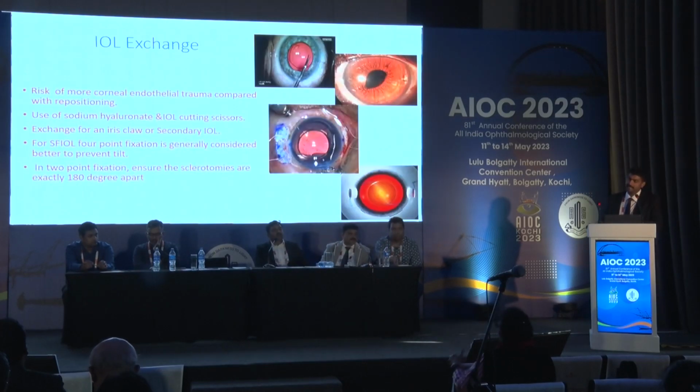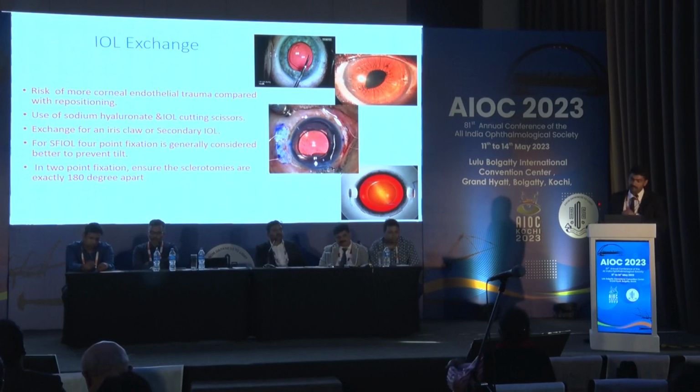So IOL exchange, yes. IOL exchange is most commonly required when you've been overconfident or over enthusiastic about not changing the IOL on table even after detecting a haptic cut. In such patients, you always have to keep in mind a lot of other surgical nuances. And in some patients, what happens is, if the patient absolutely disagrees to go for an IOL exchange,